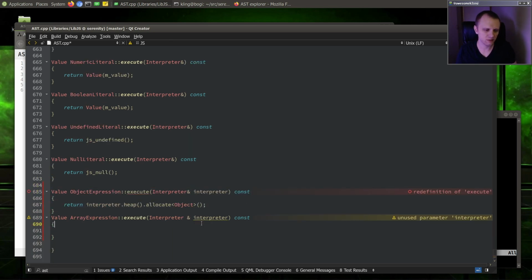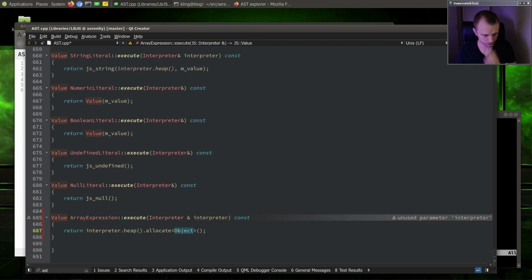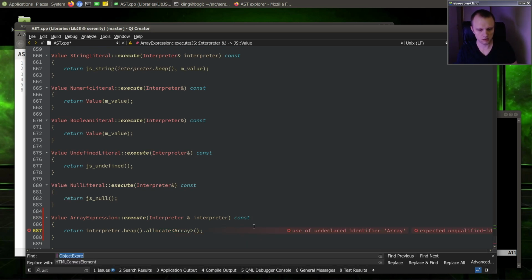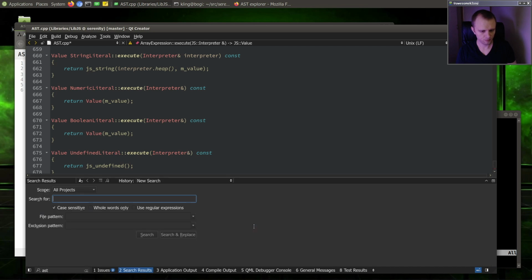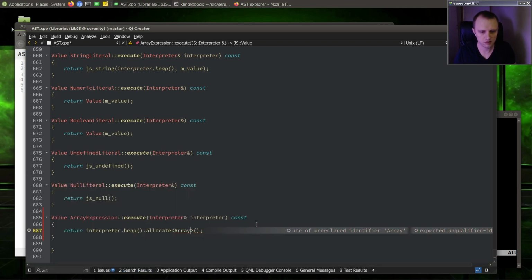Okay, so we want to make a new object that's an array object. So we'll say allocate an array, and oh wait, what's happening to my hotkeys? Okay, so make an array,